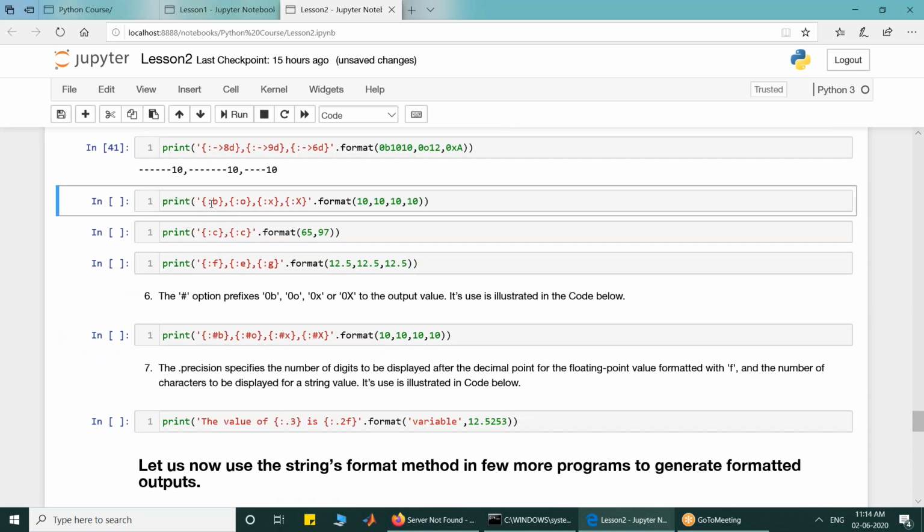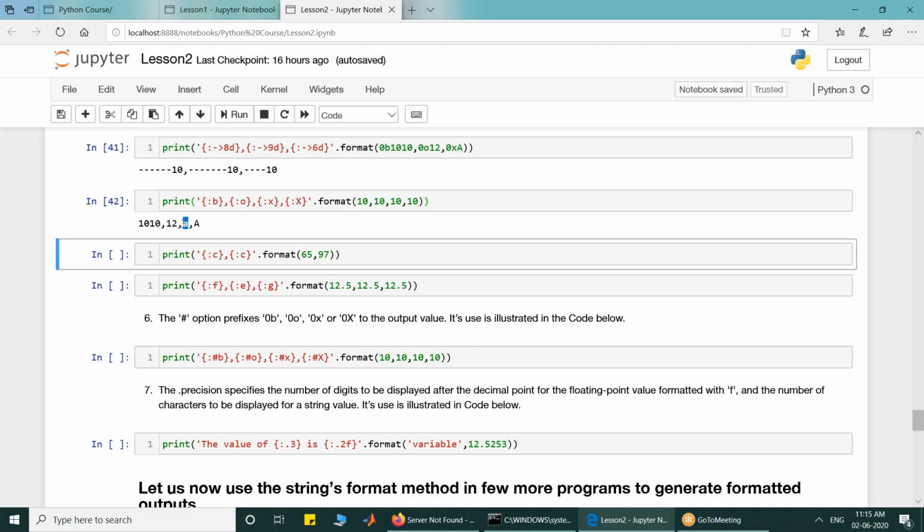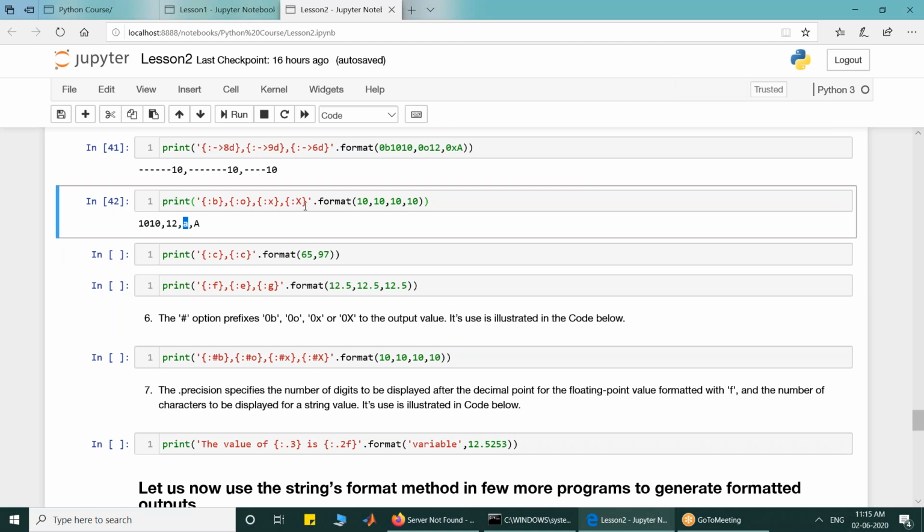Here also I want output in binary, in octal, in hexadecimal, and in capital X. The difference between small x and capital X is that if you use small x, you will get small case letters in the output. If you use capital X, you will get capital case letters in the output.